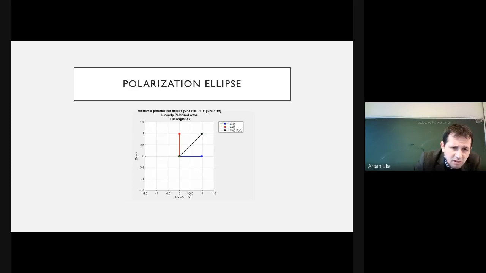Here, this is another GIF. The previous figure that we looked at in the previous slide is the same as this one, only that this time you are standing in front of the wave and the wave is coming toward you. So this is the two-dimensional view of the previous slide. You're just watching the total electric field tip vector drawing a straight line, confirming a linear polarization.